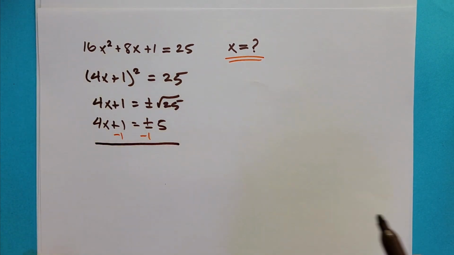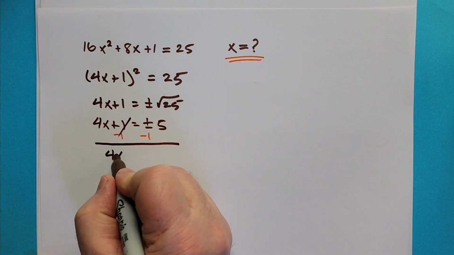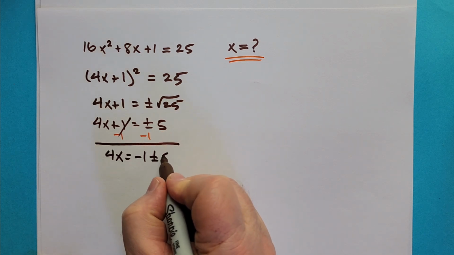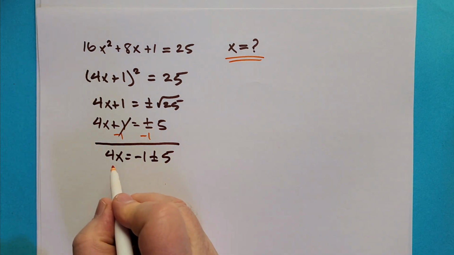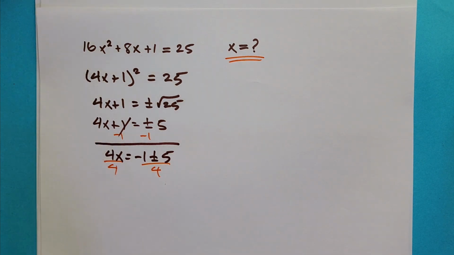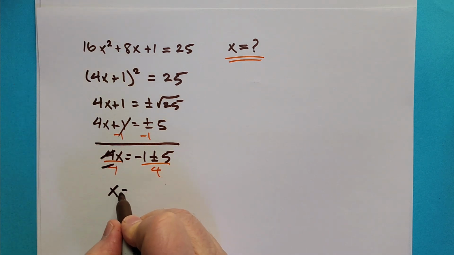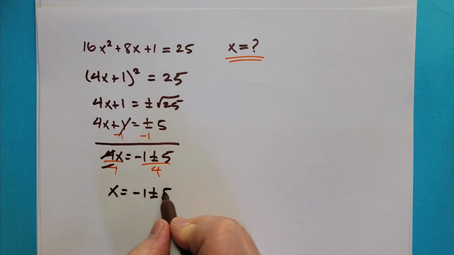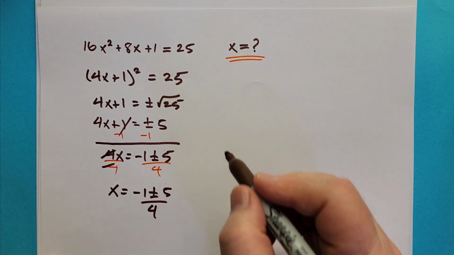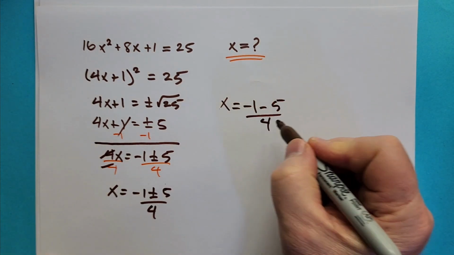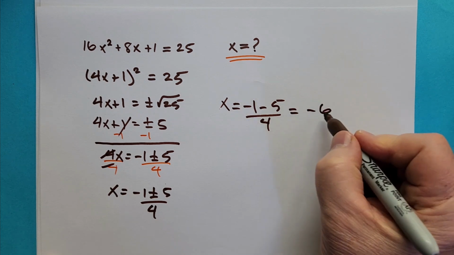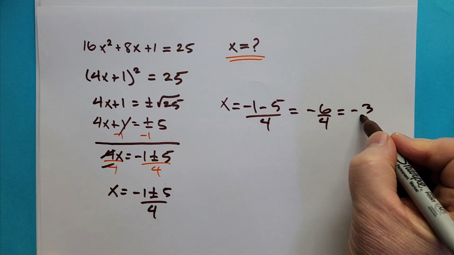Again, put a sum line in because we use the additive inverse. These cancel out, so we get 4x is equal to negative 1 plus or minus 5. And then last step is to divide out the 4 or multiply by 1/4 on both sides of the equation. And we have our two roots. So x is equal to negative 1 plus or minus 5 over 4. Now we have to go ahead and apply the plus or minus. So x is equal to negative 1 minus 5 over 4, and this would be negative 6 over 4, which reduces to negative